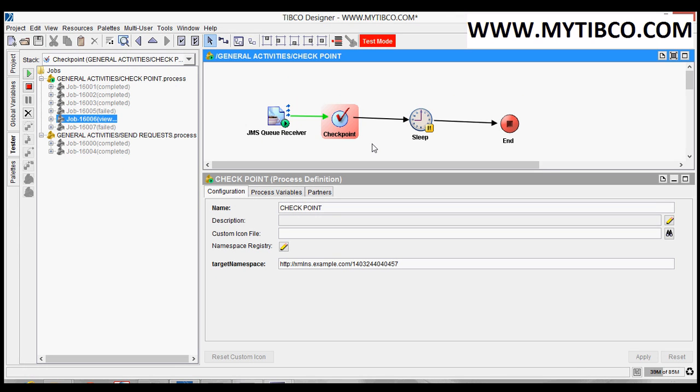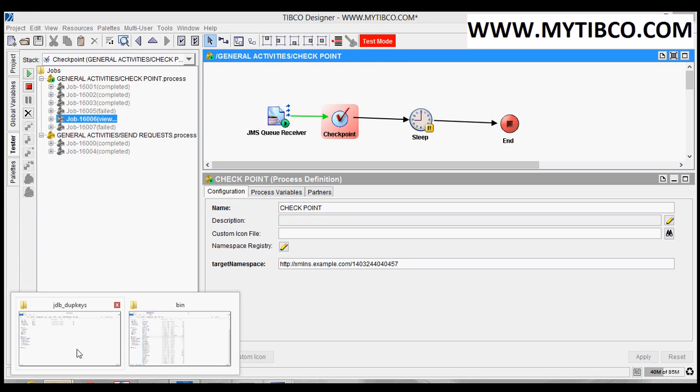By default, checkpoint saves the state of the duplicate requests and duplicate keys in a file system. If you specify the database, then it will save these duplicate keys in a database. If not, it will save on the file system. So on file system, where will it save?